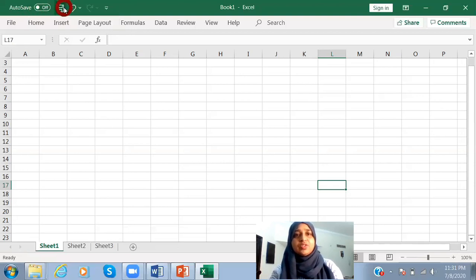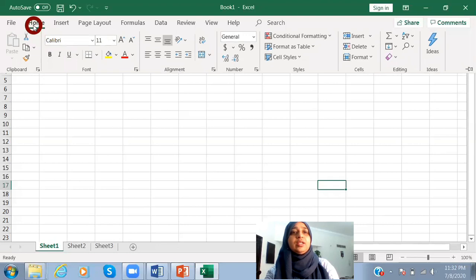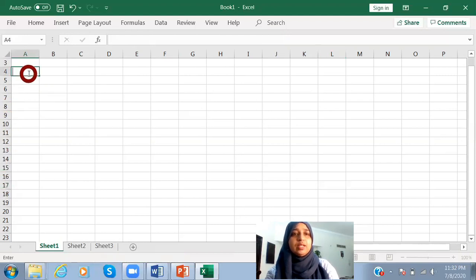So this is the quick access toolbar. This is the title bar, and these are the minimize, restore and close buttons. Okay, and this is the ribbon. Under the ribbon we have different tabs, and under each tab we have different commands, right? So you can see the groups here, right? Different groups are there. And now here you can see the columns and rows. The vertical things are columns, and the horizontal things are rows, right? And here you can see the cell, the intersection, we call a cell.